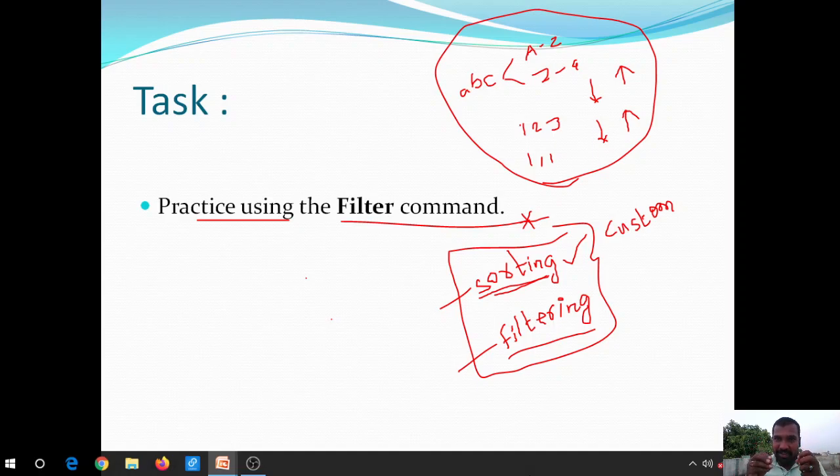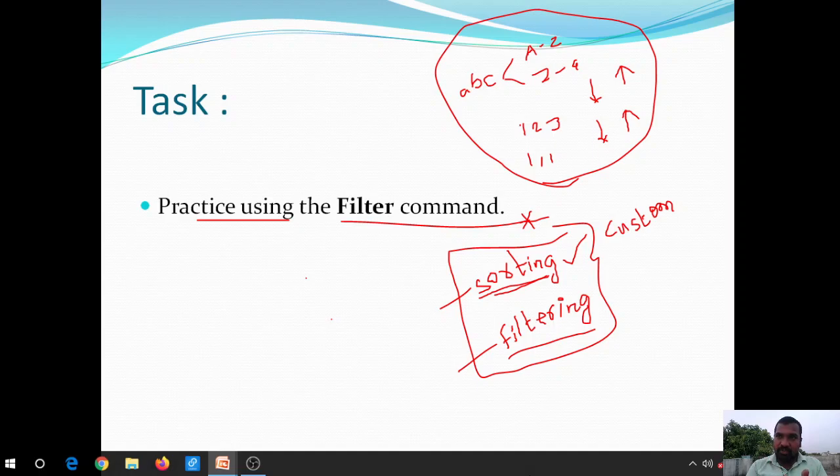The extracted data is displayed, and the non-extracted data, or the data which we don't want, is hidden, filtered out. Later, if we want to view all the data, we can simply remove the filter, and then all the actual information will be displayed.